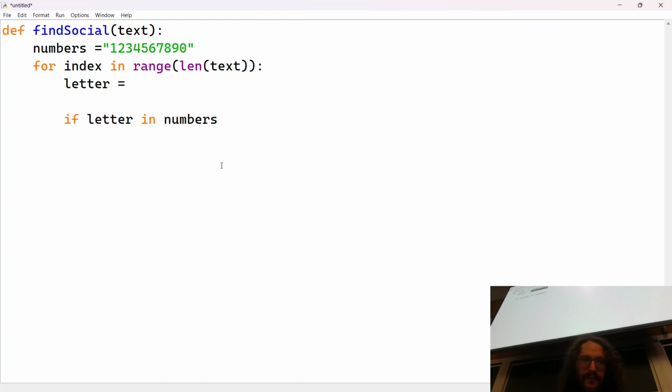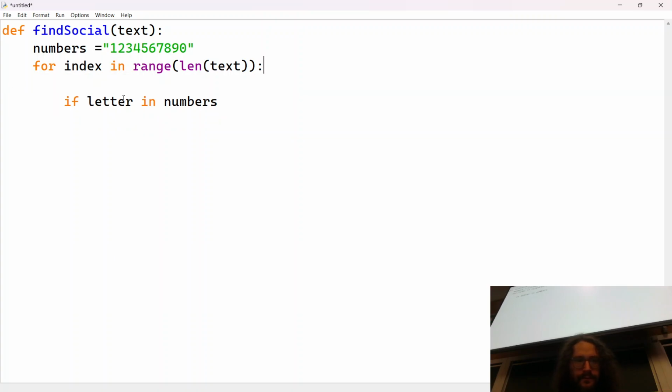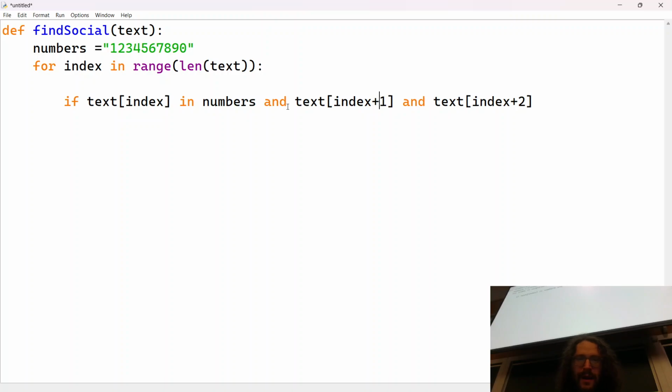Actually, it might make more sense to do it like this, because we're only going to use this once. If letter in numbers, so if the index of this text is a number, and we've got 3 in a row, and text of index plus 1, and text of index plus 2, oh wait, I have to do the in numbers for these as well.